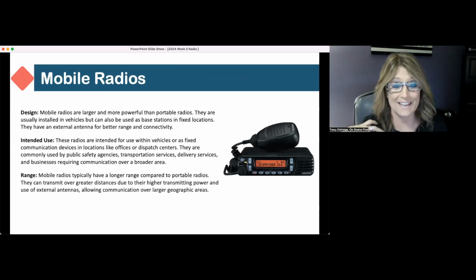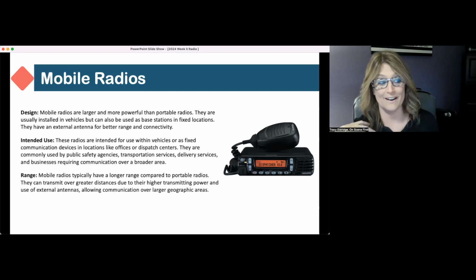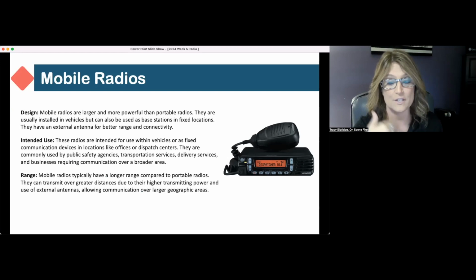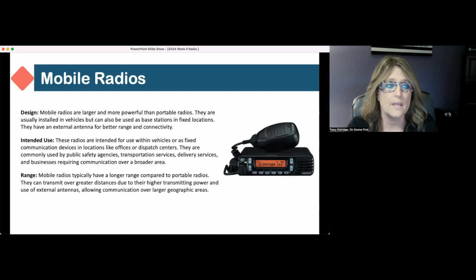That's what we had. I didn't know any better until I started traveling around the country, seeing all the different 911 centers. We had base radios in our 911 center. They have an external antenna for better range and connectivity, and they're used in the vehicle or the fixed communication device,